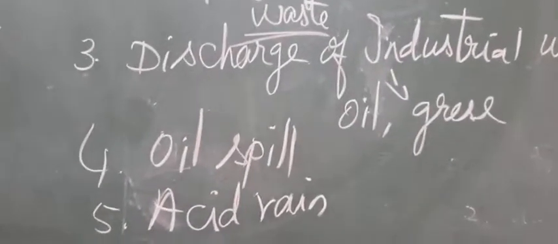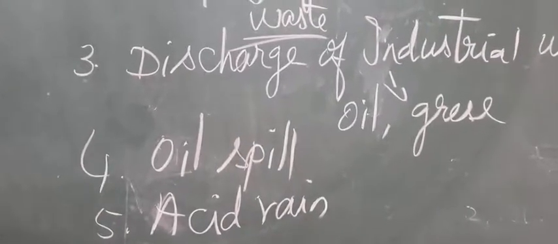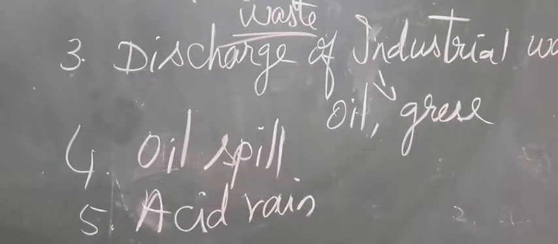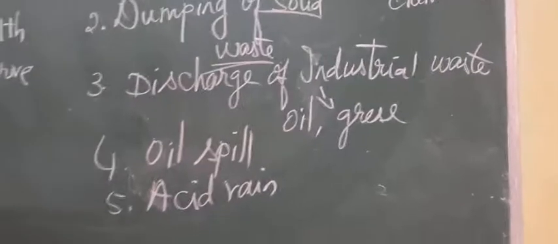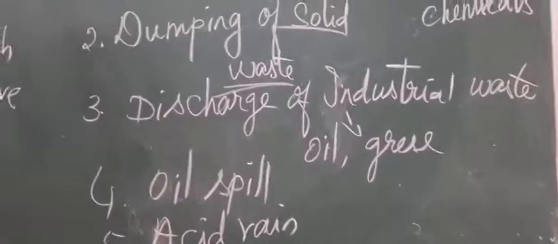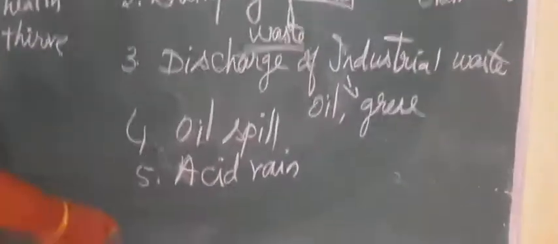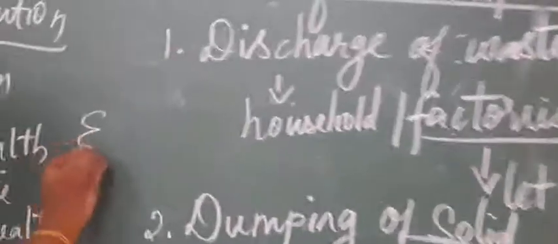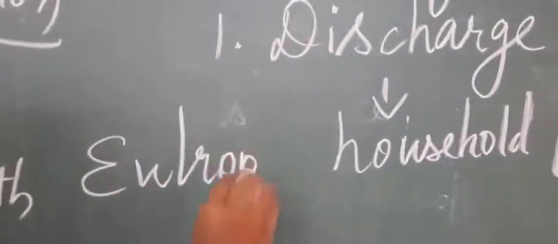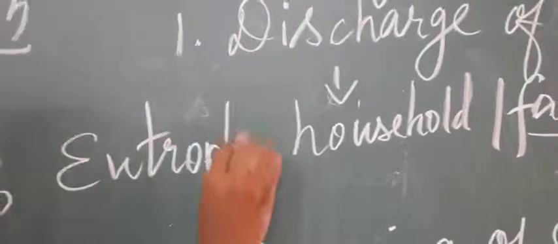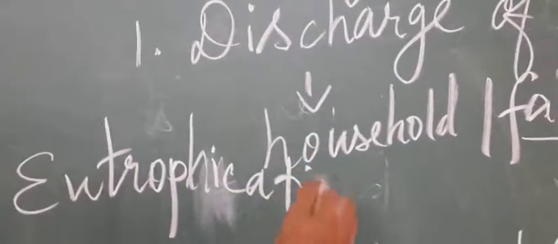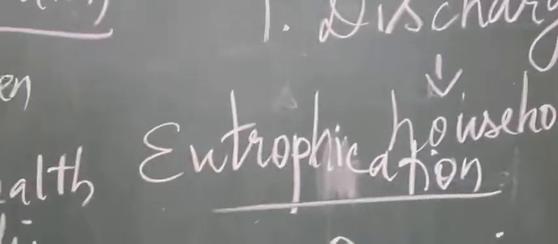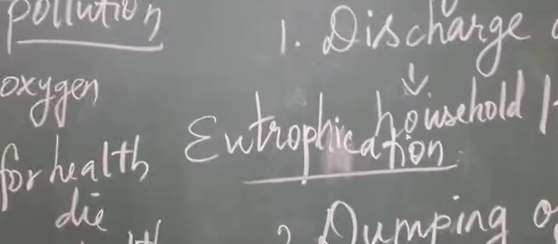And global warming, we have already studied in air pollution, and also we studied eutrophication, that is an increased level of nutrients in water bodies. So this results in the bloom of algae in water. This I have already told, isn't it girls? So when the nutrients in the water bodies increased, the algae,